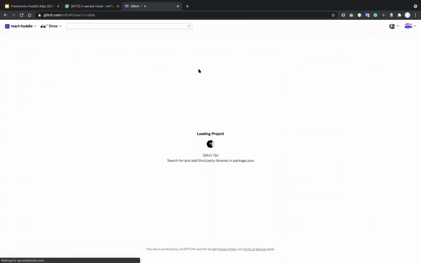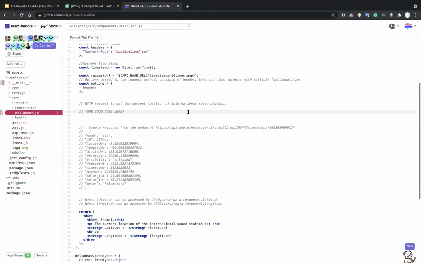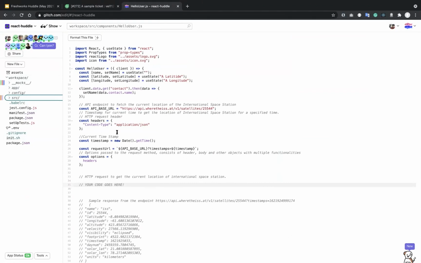So what we're going to build using Glitch here is what we already discussed in the slides: the International Space Station Locator. What you see in Glitch under the workspace directory is essentially a React app, similar to the one that we saw in the local demo. So what this app essentially does is